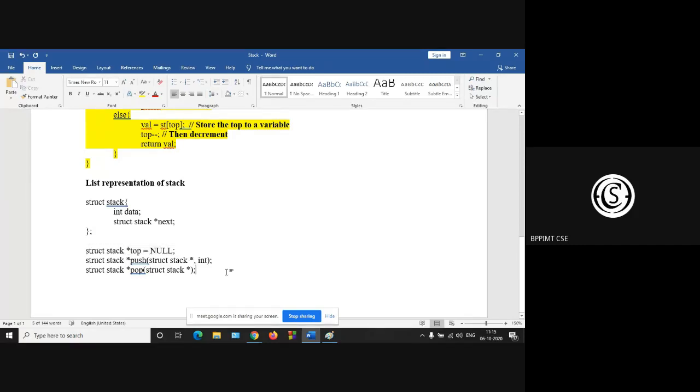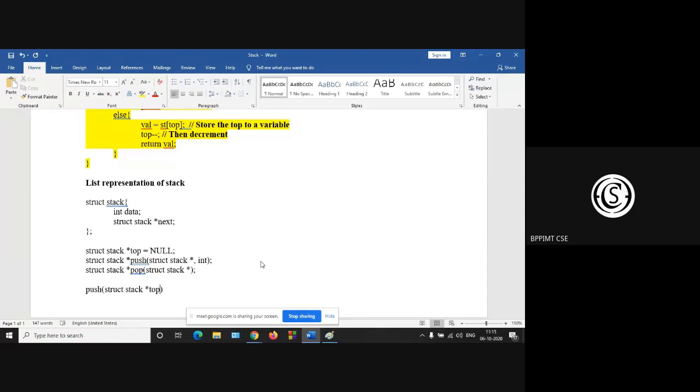Now we have to implement the push function. We are dealing with the top pointer. After increasing the top, we will make room for the new element and insert the element.